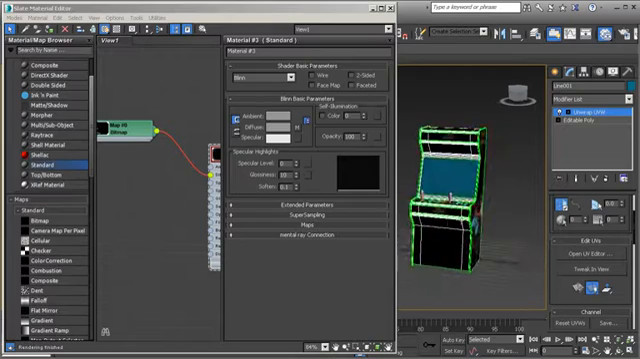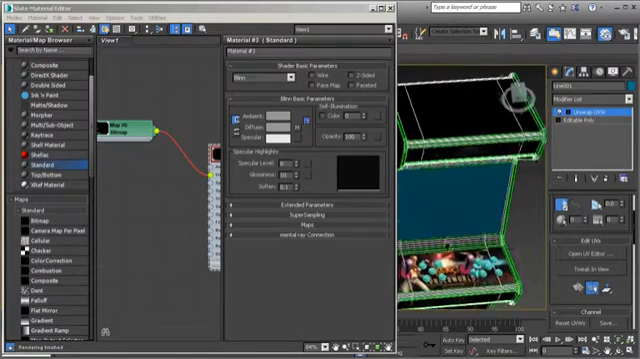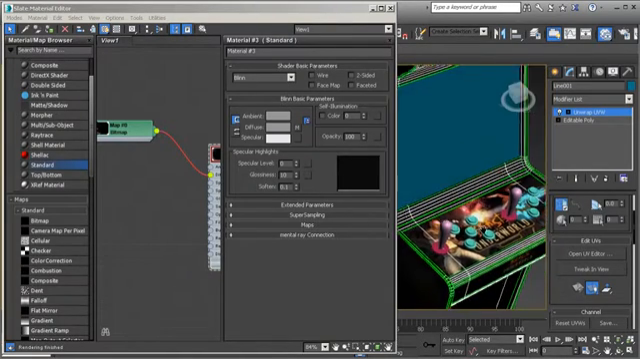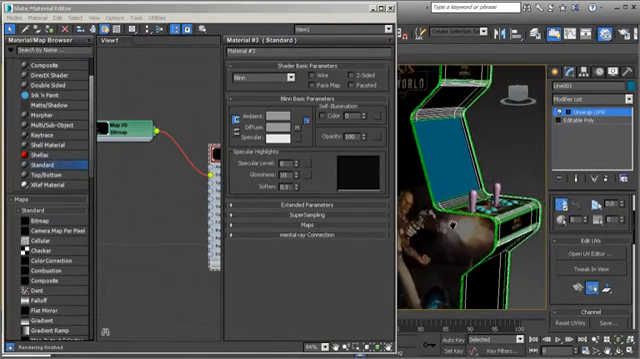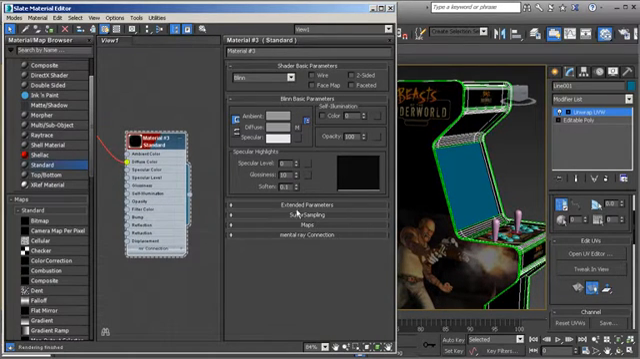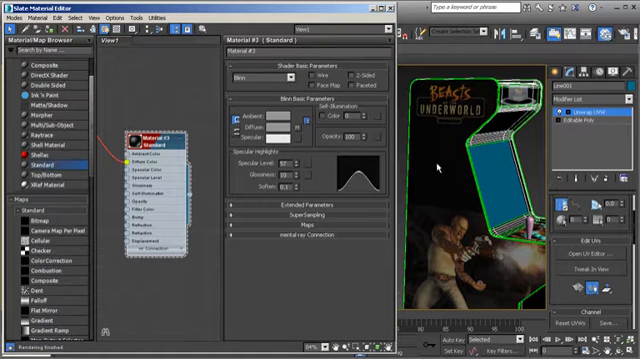Alright, so now we have that all ready to go. We've got our text in place on the front. We've even got our neat little design on the plate where the joystick goes. So now what we can do is start to modify the material a little bit. Let's say that we wanted a little bit of glossiness on this. So what we can do is bump up that specular level. Okay, we can get a little bit more light